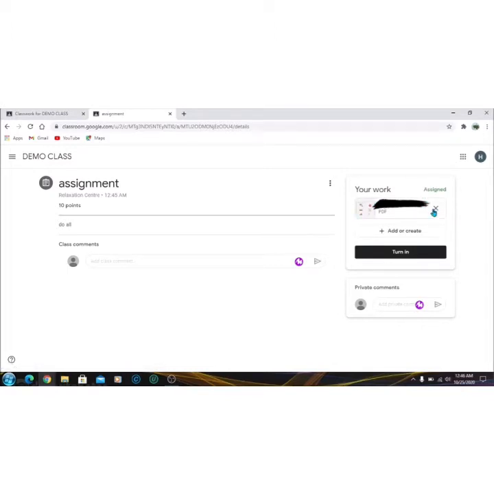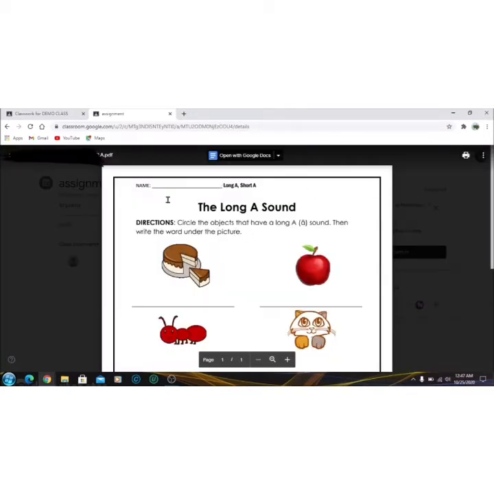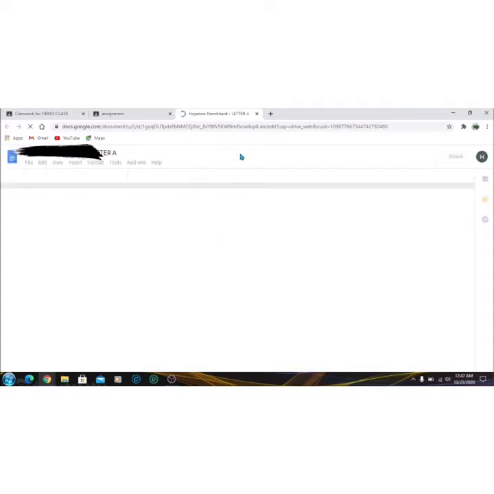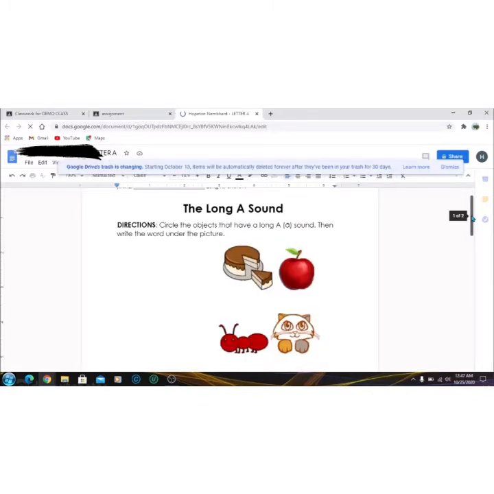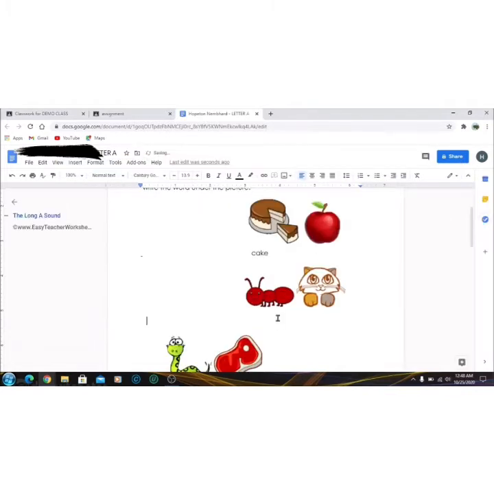And remember, we are logged on as the student. So we're going to click the assignment and complete it. We have to open the assignment in Google Docs. And notice that it will give a completely different tab. So once this is open, the student can just go ahead and complete the worksheet and they can exit Google Docs